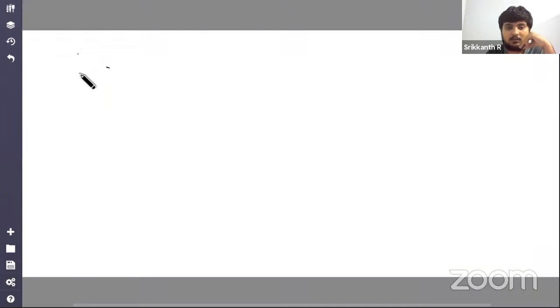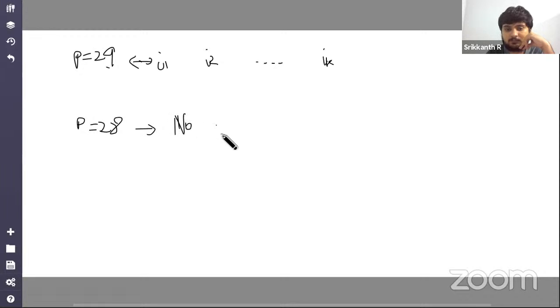So let's assume we solved it for p equals 29, and we found indices like so. Okay, and we had these subarrays here. Okay, so for p equal to 28, no subarray must contain